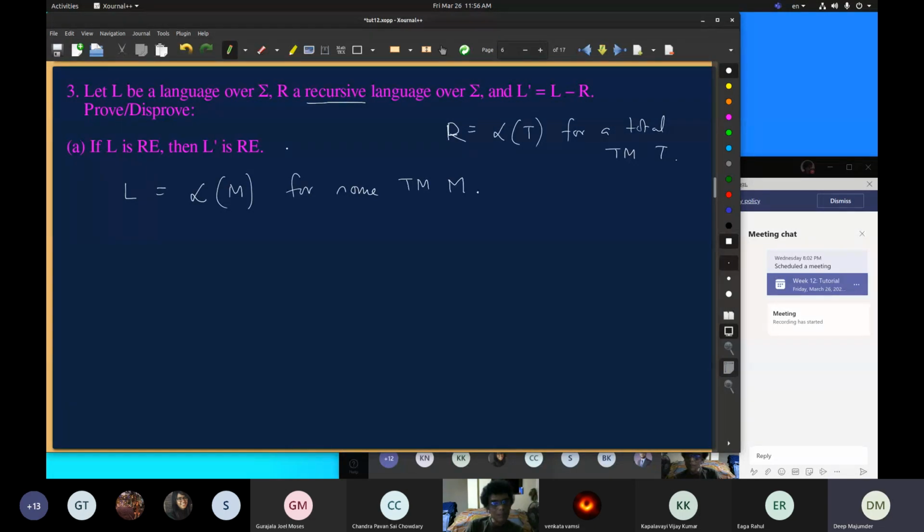Because since L is RE, you can check if a string belongs to L, and since R is recursive, you can check if a string does not belong to R. If these 2 conditions are satisfied, then we are done. So a recognizer, not a decider perhaps, for L prime is this. On input X or W, whatever you say,